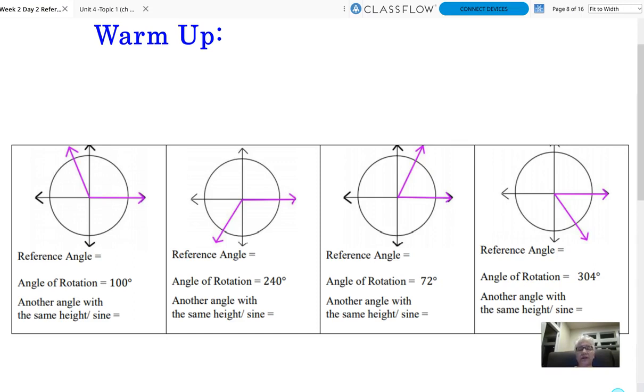So if you would kindly please hit pause and do these 3 problems to warm up to get ready for the rest of the lesson. When you're ready,